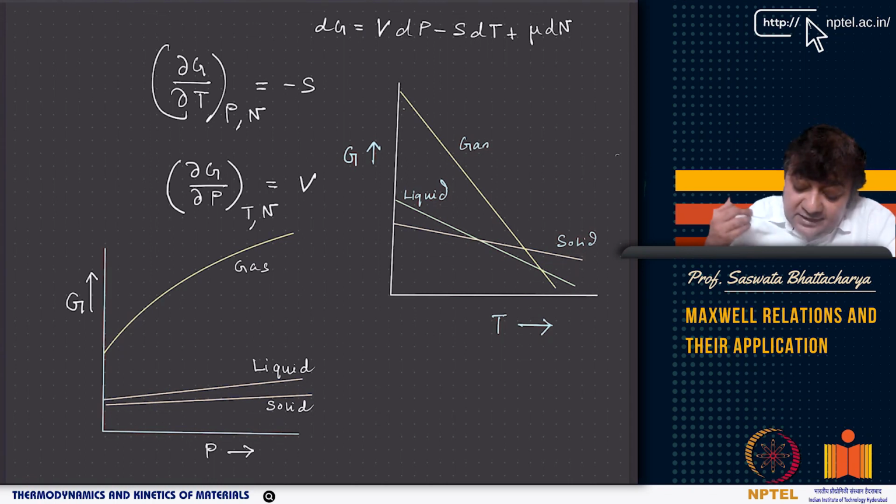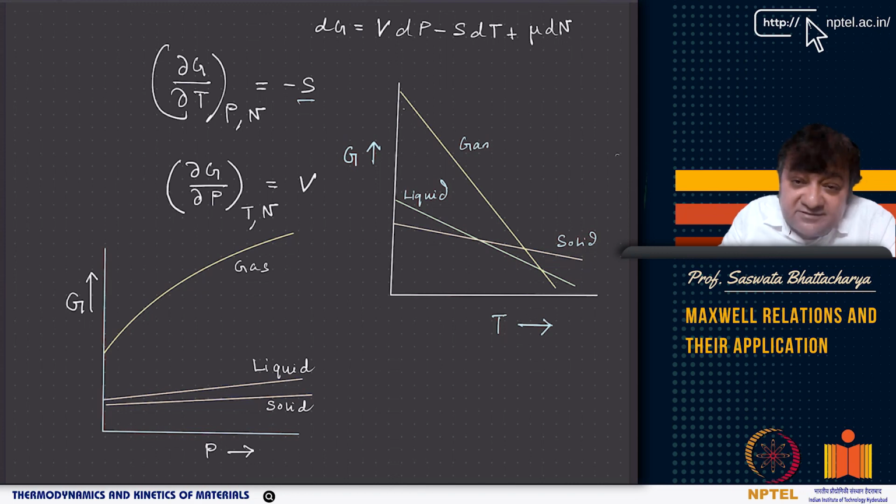Another thing I just quickly want to tell: if we look at phase change problems, for example, the definition of G becomes very useful. Keeping the number of moles fixed for now, if I look at dG equals V dP minus S dT plus mu dn, from this expression, you know del G del T at fixed pressure and mole number of components is equal to minus S, and del G del P at fixed T is equal to V. Now these are schematics, okay? So if I express G as a function of T, the slope has to be minus S.